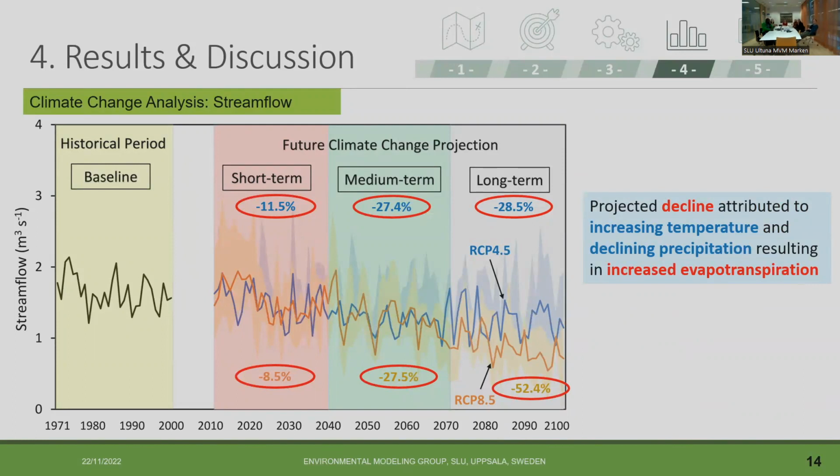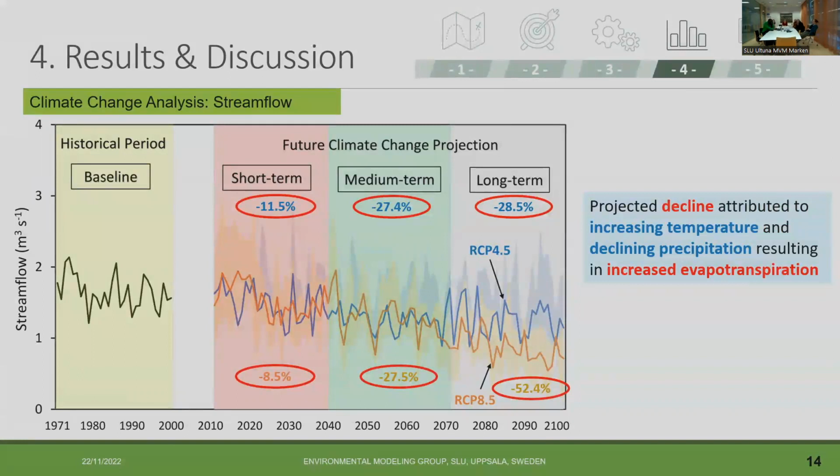The RCP 4.5, because there are intervention measures that are being put in place after around 2050, showed almost similar declining patterns between the short term, the medium term and the long term. So it didn't have a tremendous decline, and that is also reflected in the inputs that we had there. So we thought this decline was mainly due to increased evapotranspiration because of increasing temperatures that will be experienced